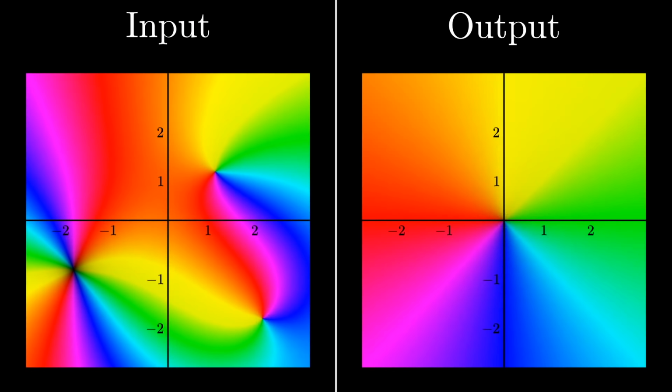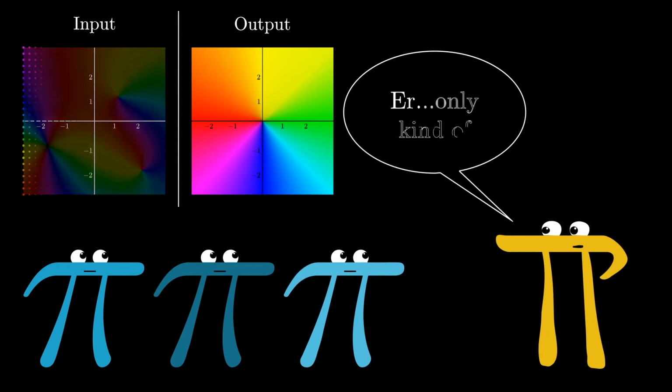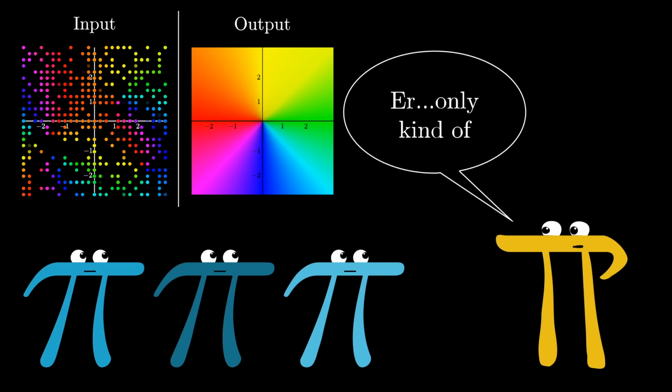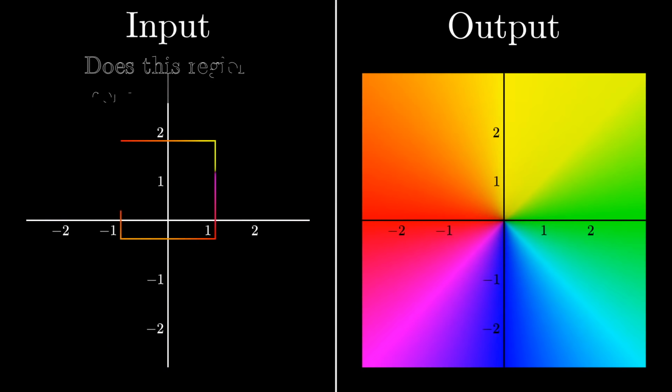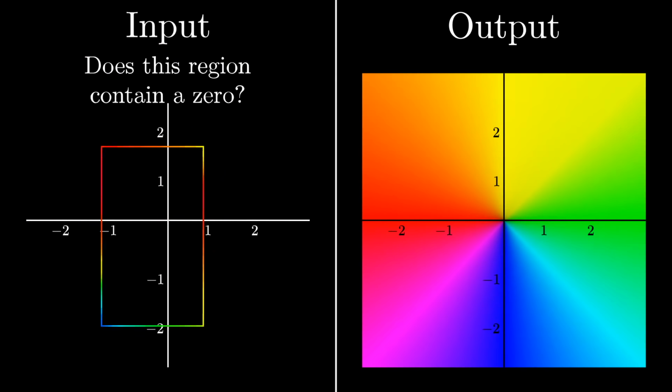Now you might point out that if you're looking at a color map like this, by seeing those black dots, you already know where the zeros of the function are. So does that count? Well, keep in mind that to create a diagram like this, we've had the computer compute the function at all of the pixels on the plane. But our goal is to find a more efficient algorithm that only requires computing the function at as few points as possible, only having a limited view of the colors, so to speak. And also, from a more theoretical standpoint, it'd be nice to have a general construct that tells us the conditions for whether or not a zero exists inside a given region.